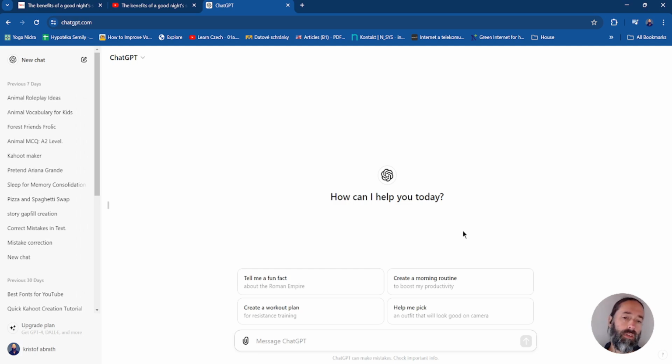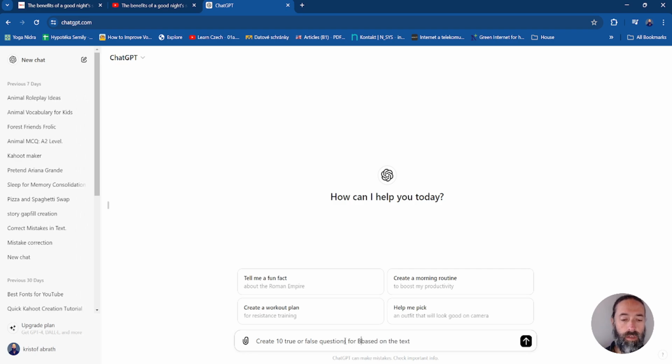It's always good to start a new chat and we have to copy paste the text in ChatGPT. Before we do that, I always like to give it a prompt first. So what we want is it to create some questions based on the text. So create 10 true or false questions based on the text. And maybe we can change that a bit: create 10 true or false questions